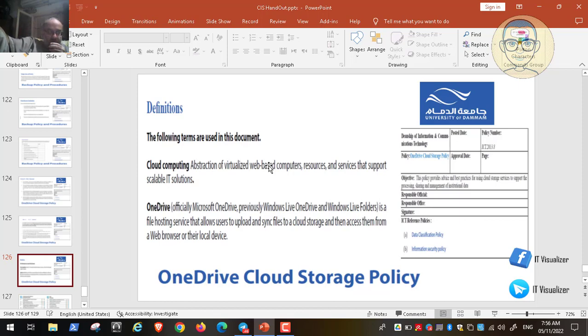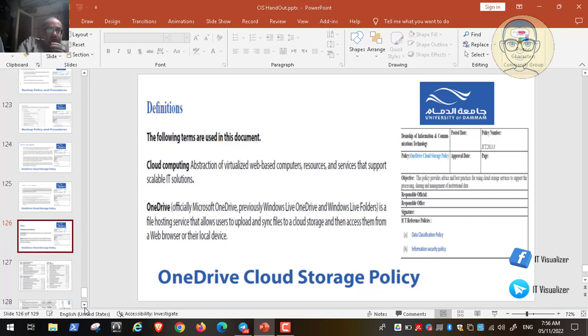Okay, he is clearly stating that because the cloud storage account is linked to the email account, if the user left the property, we will not be able to access this data because we don't know the username and the password of his email account, and this is personal data which is not permitted to be given to us. Okay, so this is the OneDrive cloud storage,